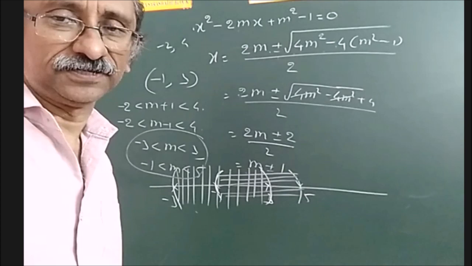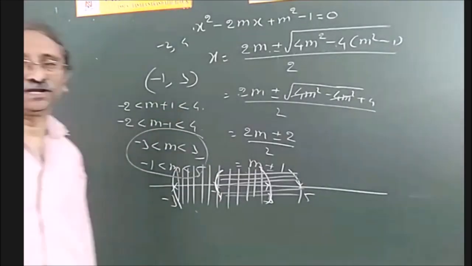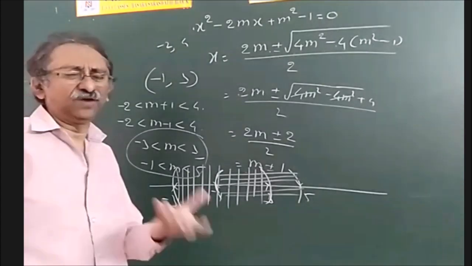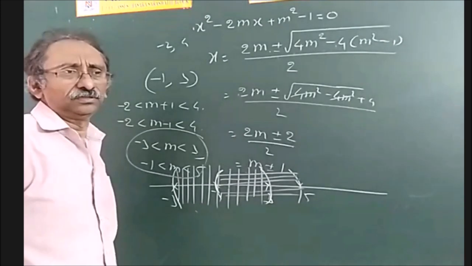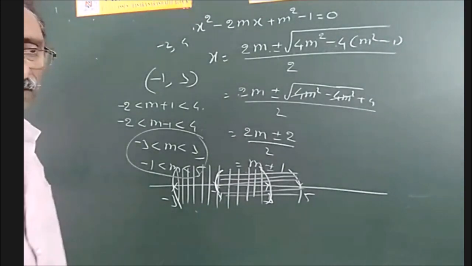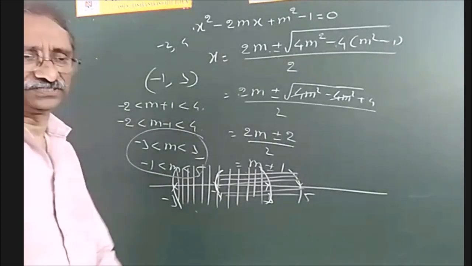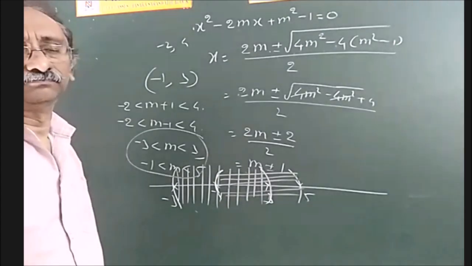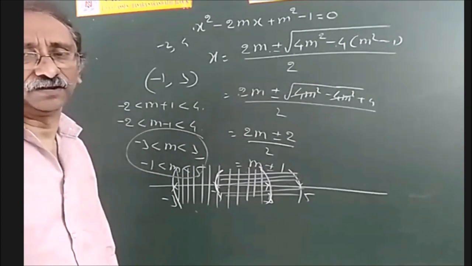Okay, sir. Thank you. Okay, Madan. Yes, sir. Thank you. The answer is the open interval (-1, 3). Because we have very little time to take the lecture. Just 1 hour is not sufficient for us. Because there is so much disturbance like this. Some power may be off, or the internet connection may not be there.